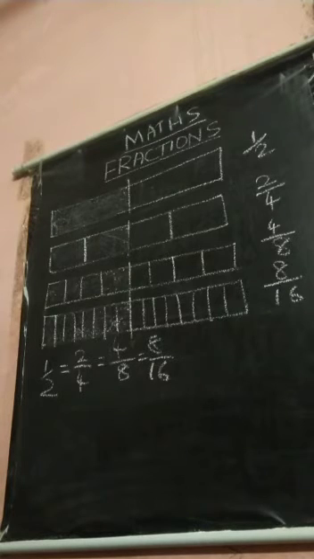The next picture, you color 4 boxes out of 8 boxes. The 4 boxes is also equal to the before picture. The same way next one, 8 boxes you shaded, that is also equal to the above. All of them understood, children? Only the equal parts you color, so that all 4 pictures are equal.